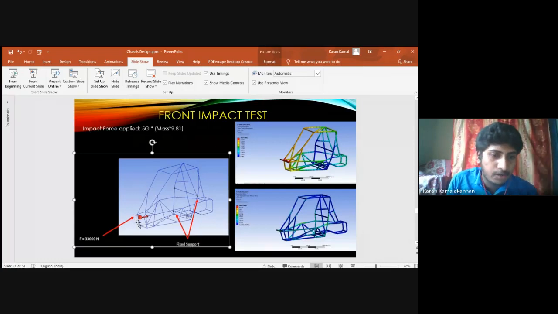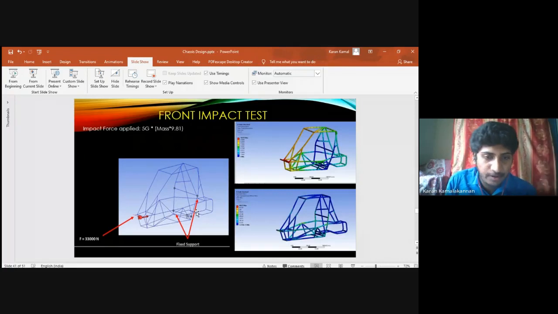And for front impact, you will be giving this. Since you can see this is a beam model and not a nodal model, I am giving force on the member. Otherwise you should give it only on the nodes, that you must know. If you're going with SolidWorks, you should give it on the nodes, and if you're going for ANSYS with a beam model, you can go with this one, members on the beam model with the force. You are fixing the rear suspension points here, and we are giving the force here, and this is what the deformation and stress would look like.